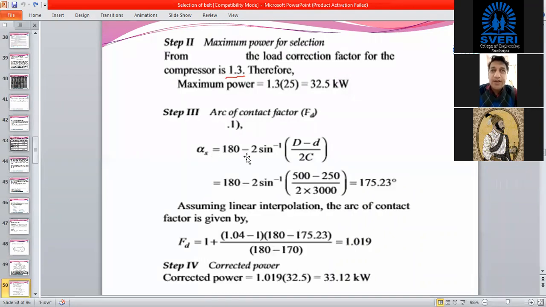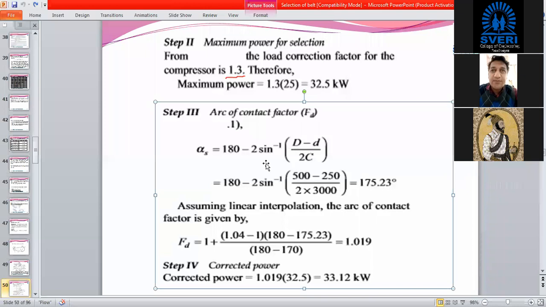This arc of contact is calculated with the standard formula, that is 180 minus 2 sine inverse, which you are going to consider from the equation we have already seen in step number 3. The arc of contact for the smaller pulley is coming as 175.23 degrees.